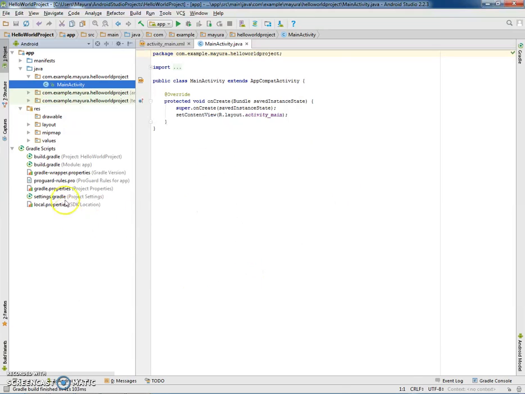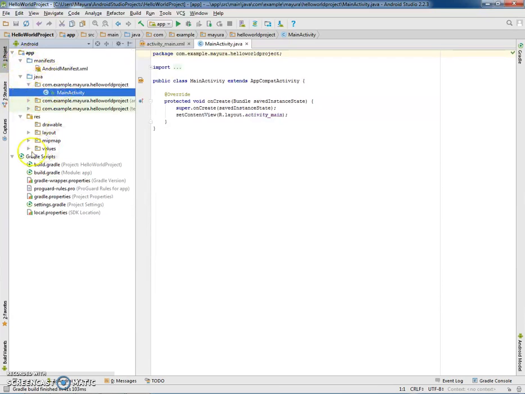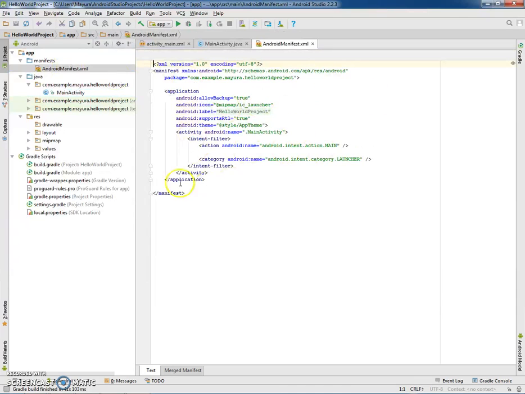Once the application is set up, it will have three main components. One is the manifest part, second one is the Java part, and third one is the resources part. All the entries of your application should be registered in the manifest file, and all the core business logic will be written in the Java file. Other than Java things, we'll be using drawables, layout files, images and font sizes. All those details which are apart from Java will be present in the resource folder.